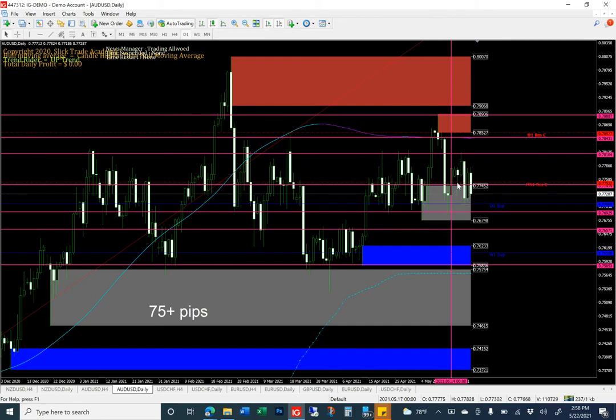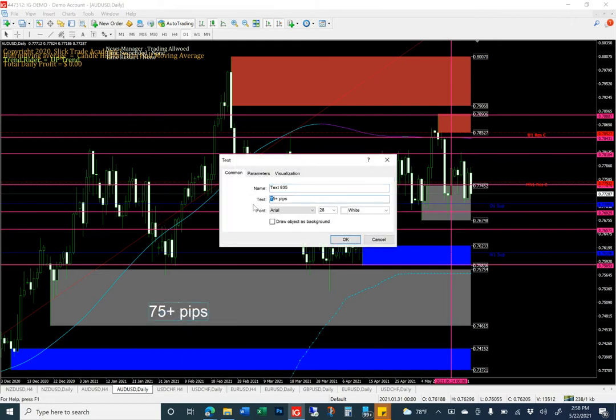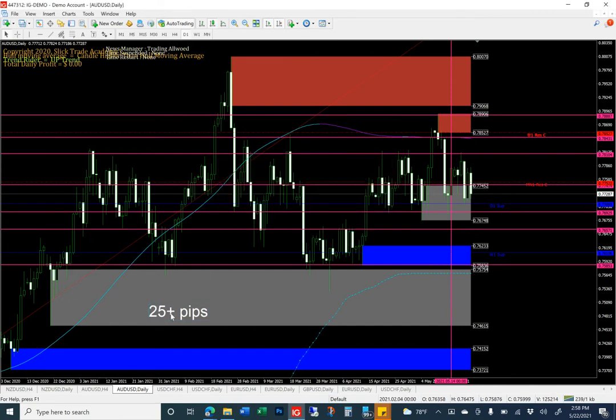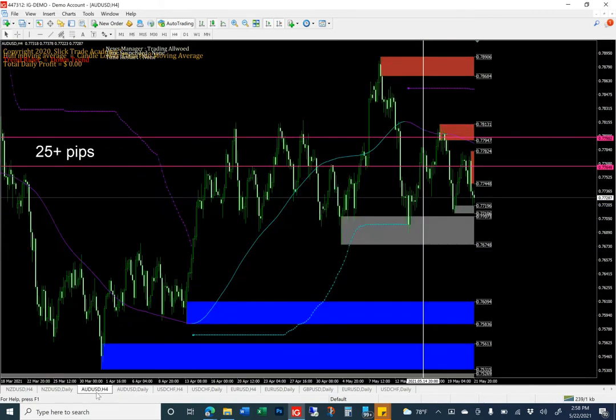Price really just fluctuated in between those key levels. We did have a break to the downside. It did move a bit in our favor, about 32 pips. Not a whole lot, okay? But still some movement and still gains, okay? So for the upcoming week on the 4-hour time frame,